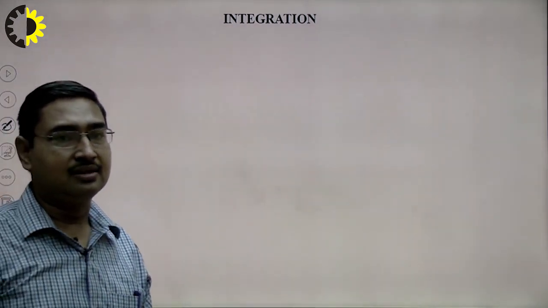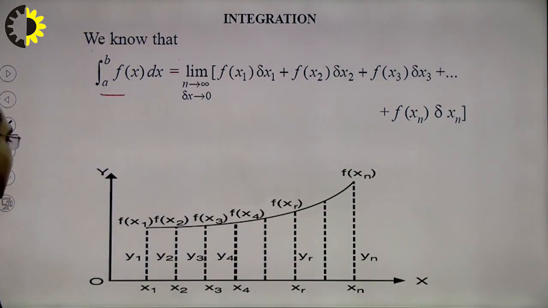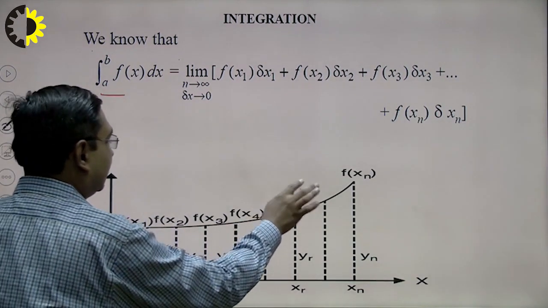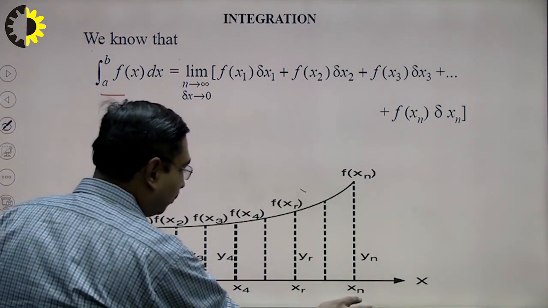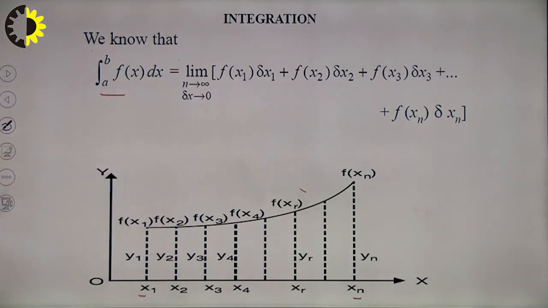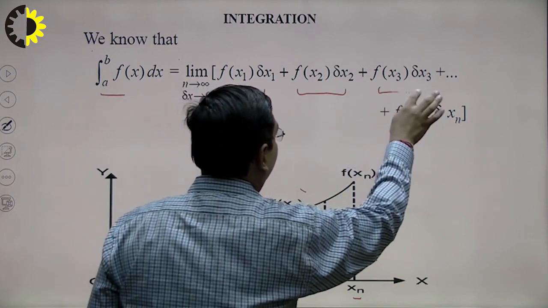We have already studied integration in earlier classes. At that level, we defined the integral from a to b of f(x) dx as a limit of a sum. To define this integral, suppose y equal to f(x) is a function. We divide the interval from a to b into small subintervals. Then the length of each subinterval is multiplied by the functional value to obtain terms like this.